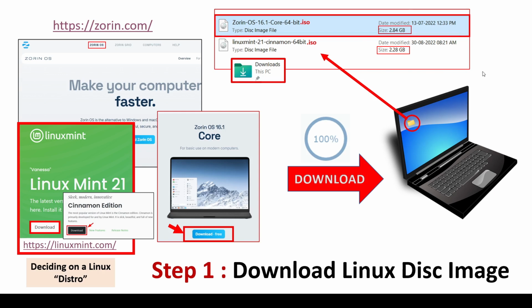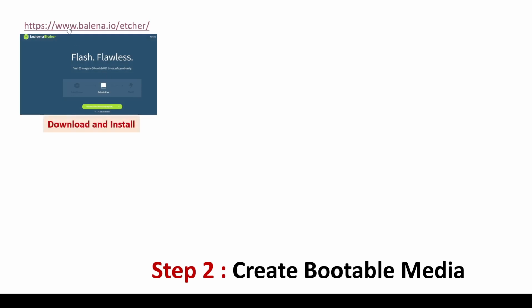We can now move on to step 2. In this step, we need to copy the file that is now in your download folder onto a pen drive. But this is not just an ordinary copy. We need to create a bootable pen drive. You can do that using a special software called Balena Etcher. It is completely free